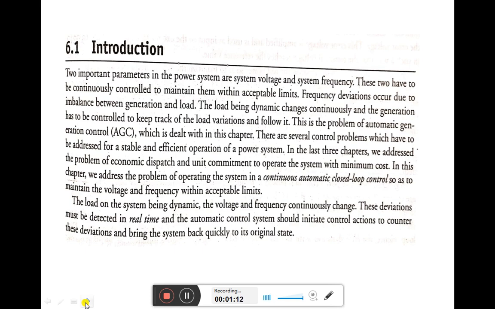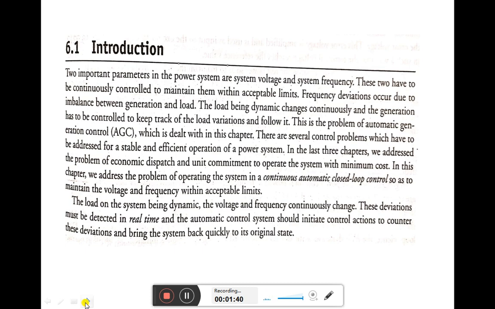The reason for change in voltage is a sudden increase or sudden reduction in the load. It affects the voltage magnitude. If we find a sudden increase in the load, we will face the problem of lack of voltage, or the voltage level gets reduced. And if there is a sudden fall in the load, in that case we find increased voltages.